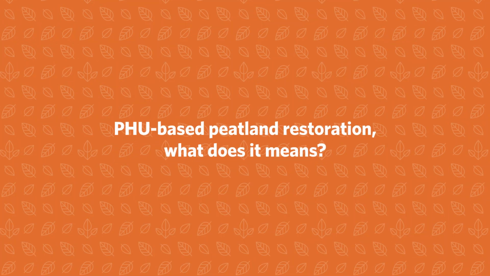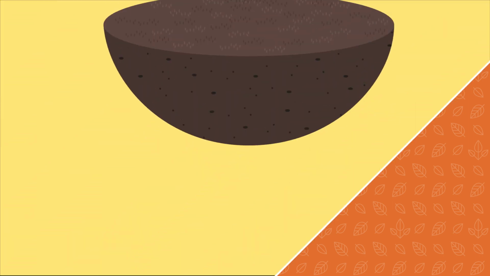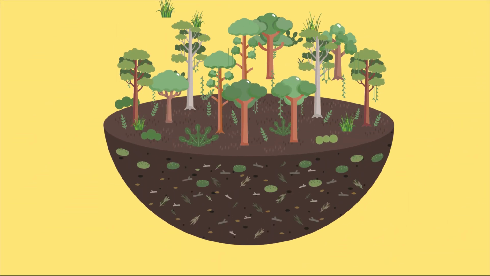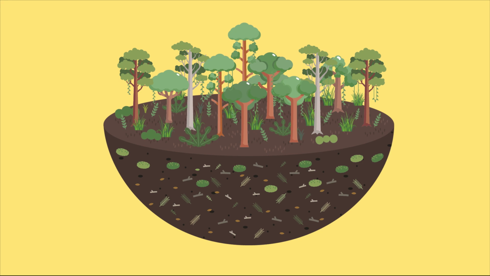PHU-based peatland restoration, what does it mean? Let's imagine a PHU as an inverted bowl or a dome filled with water. When some parts of the bowl leak, of course, the water in it will flow out and run out. All the holes from the bowl must be closed to retain the water inside. Even if it's only 1 or 2 holes, the bowl is still a leaky bowl where the water will flow